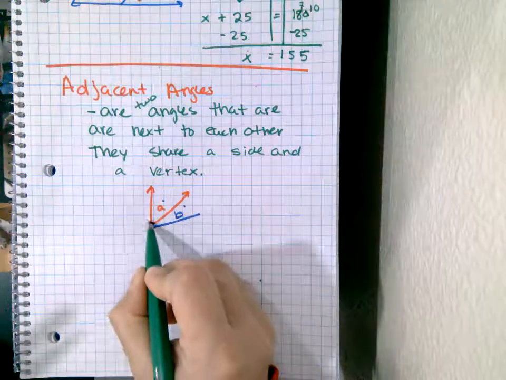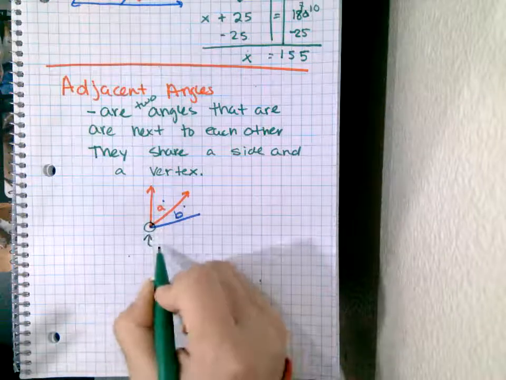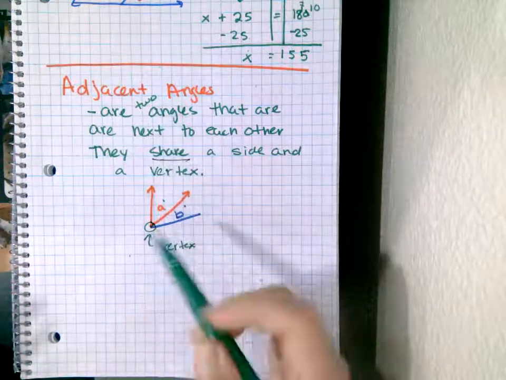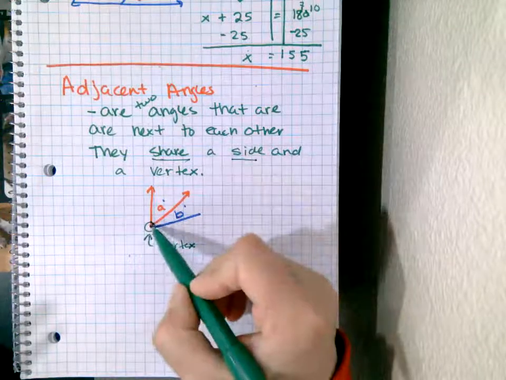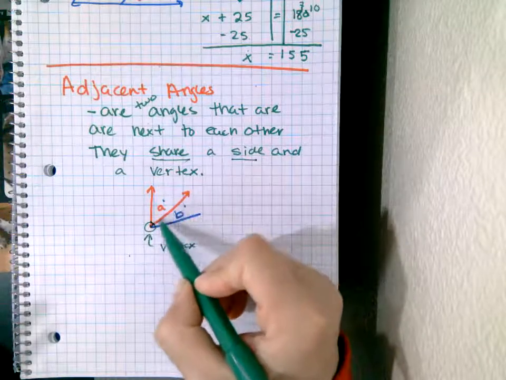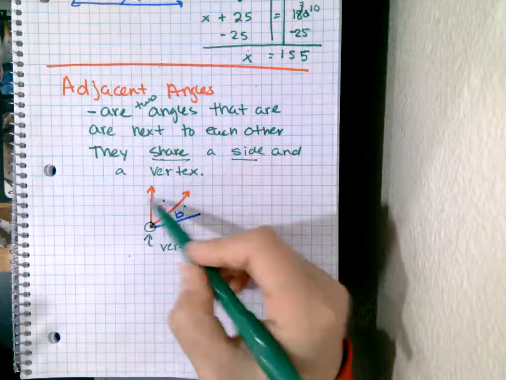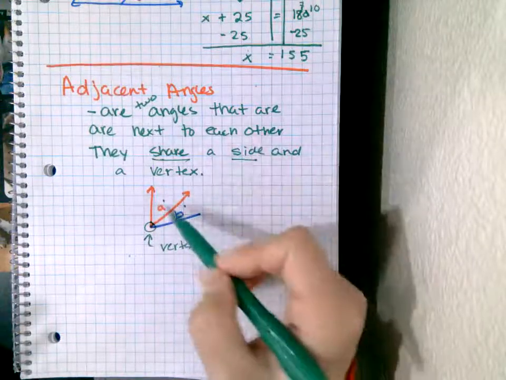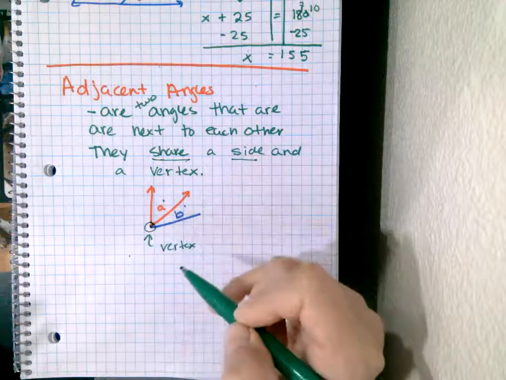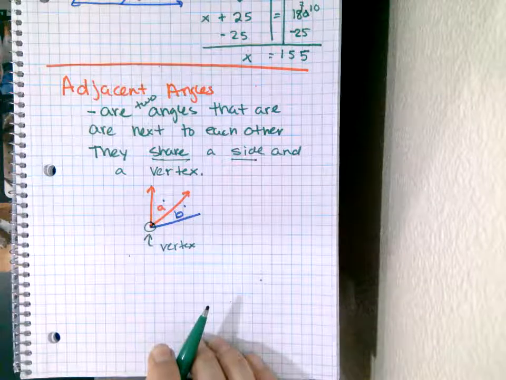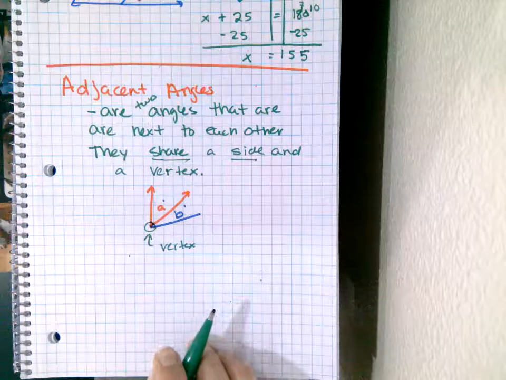This right here, that's called the vertex. So they have to share a vertex and they have to share a side. This is the side that they're sharing. This ray is what they're sharing, right? And they're just next to each other. So there's two angles that are next to each other and they share a vertex, okay? What I've seen questions being asked about this is like identify the angles that are